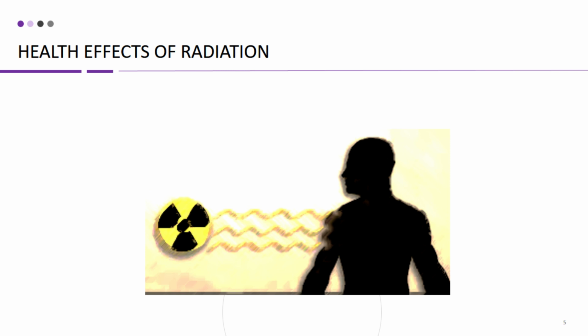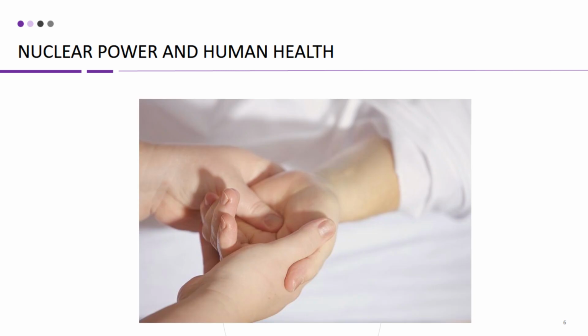Overall, the health effects of radiation exposure are a complex and ongoing area of study in the field of nuclear energy. While radiation can have negative health effects, modern nuclear power plants are designed with a variety of safety measures to minimize the risk of radiation exposure to workers and the public. Nuclear power plants generate electricity by using nuclear reactions to heat water, which in turn produces steam to drive turbines. This process does produce some radioactive materials, but the amount of radiation released into the environment is carefully monitored and controlled.